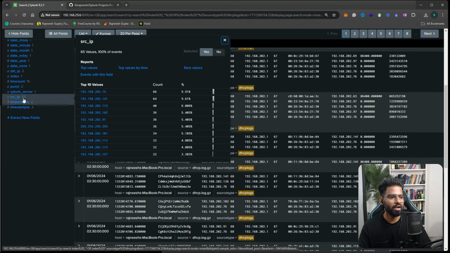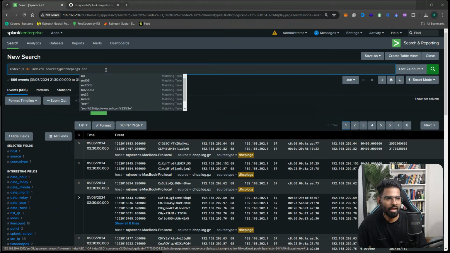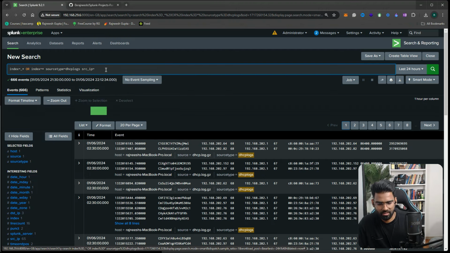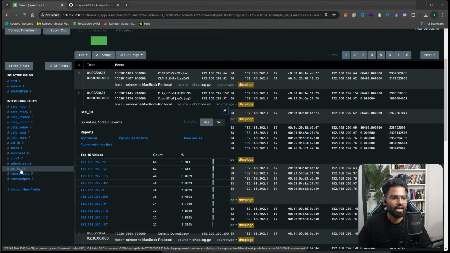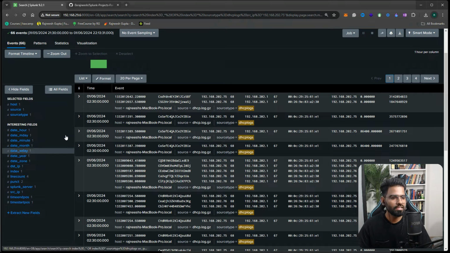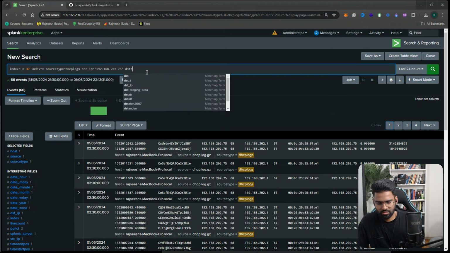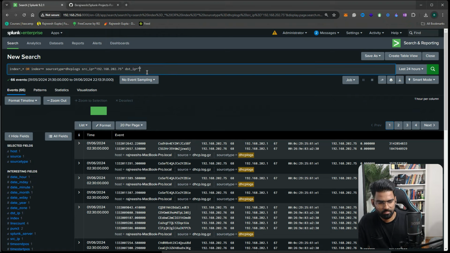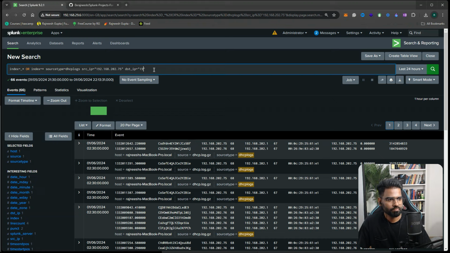On the source IP address, you can find there are 65 IP addresses over here, right? Then you can apply this source IP field or certain kind of parameter here, or maybe you can directly apply this here. Let's say I want to see all the traffic based on this source IP address, so I'll click on this, and immediately this field will be applied in the search tab. So you can see src IP address, right? Or let's say you also want to have the destination IP address, although it's just one IP address, so you can also have dst underscore IP, then the destination IP address. In this case, it's